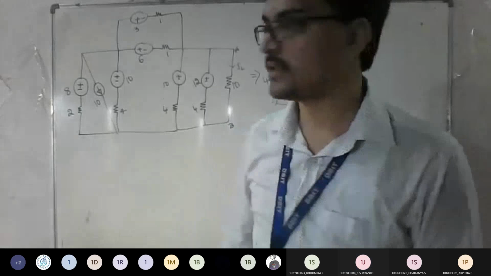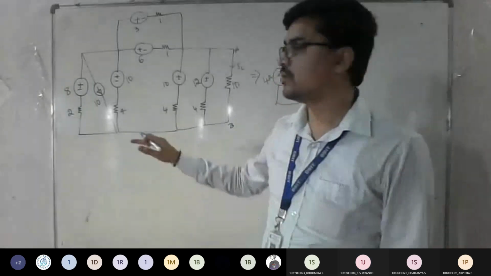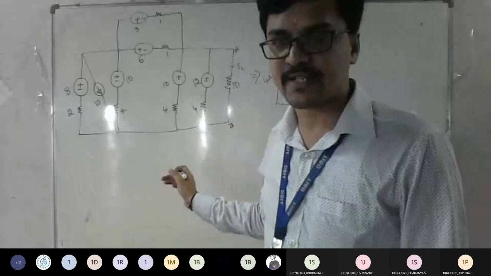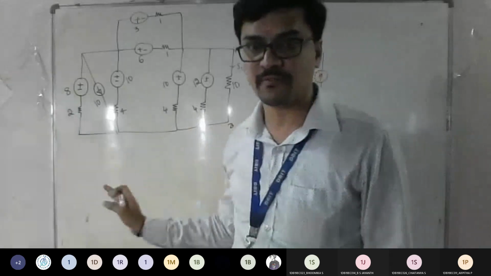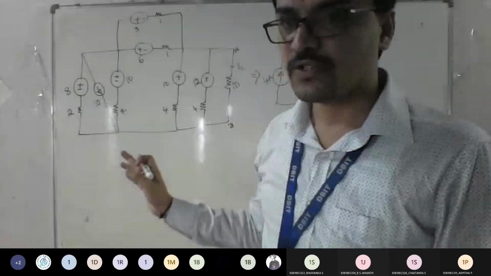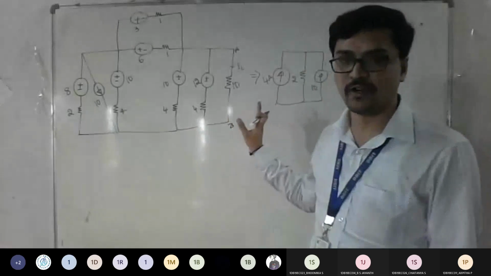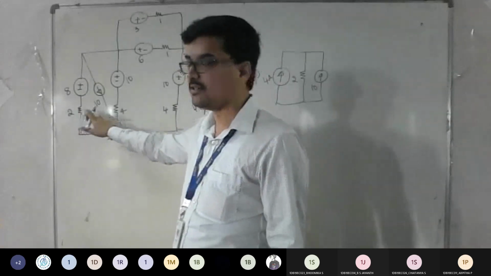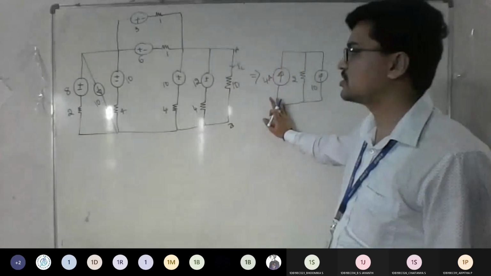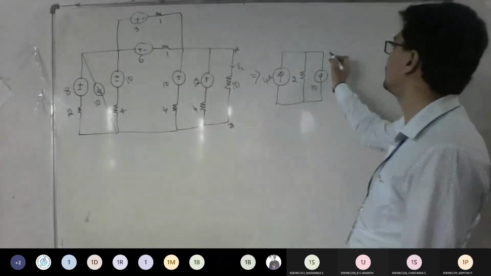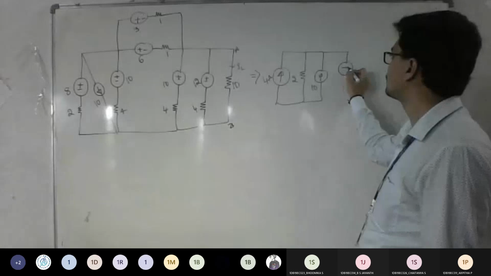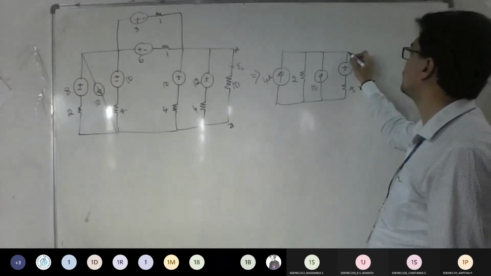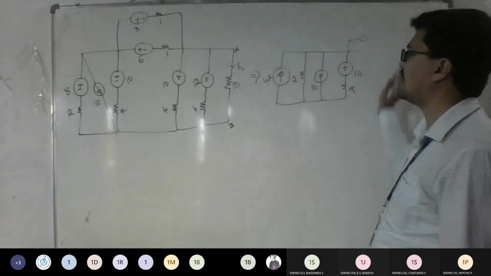Yes, sir. Yeah, see, but be careful. Don't do all the conversion in one step only, because each step carries marks. If there is such kind of problem, it will be worth 8 to 10 marks. So straight away, don't do all the conversion in one shot. So now you have converted this 8 volt 10, keep it as it is. The remaining circuit remains as it is. So let me go with that same thing. We need to redraw the circuit. Then the remaining part as it is.